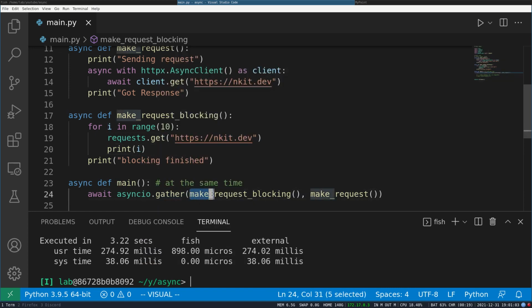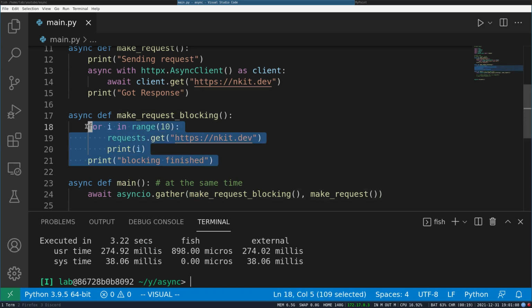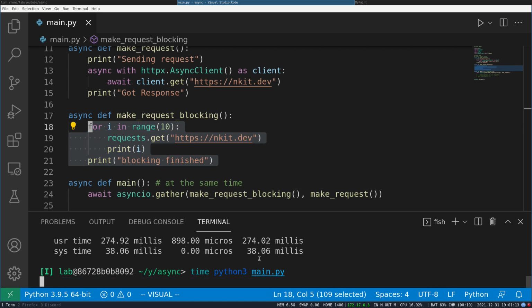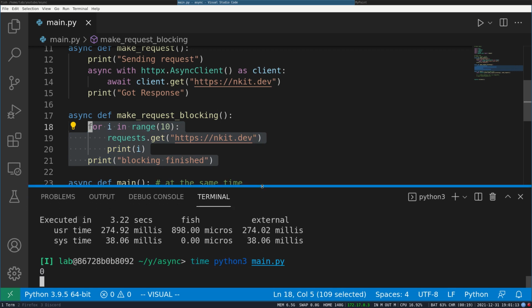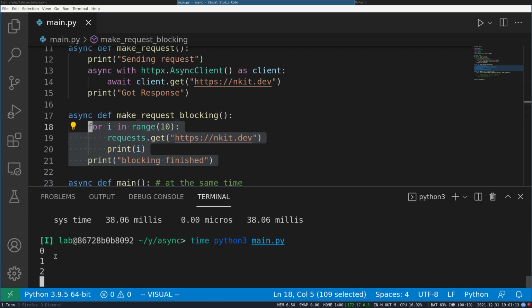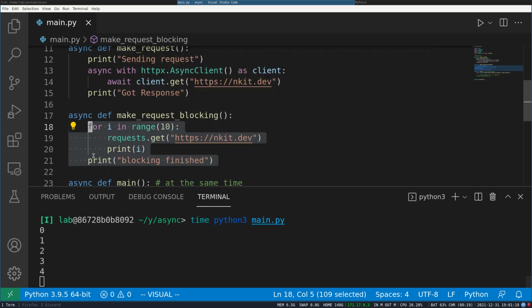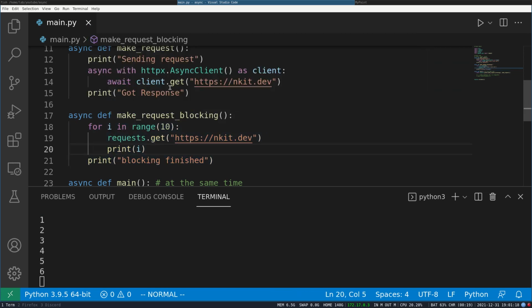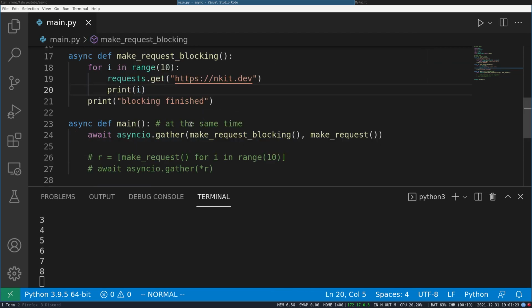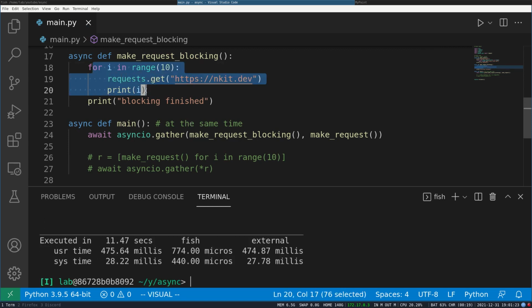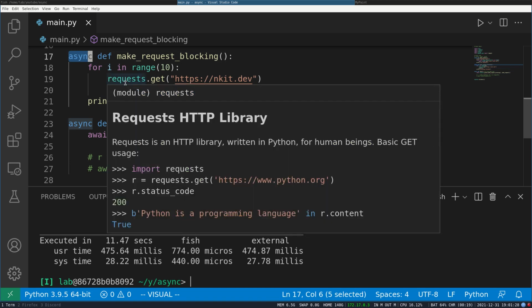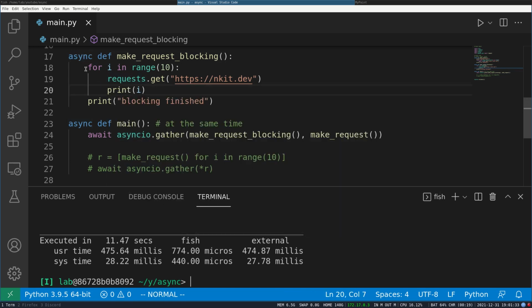Although I have said to execute both of these functions concurrently, Python will have to finish the blocking function first. You can see it is executing 0, 1, 2 in this one, but it is not going to the make request function. The reason is, as there is no await, although this is an async function, the function itself blocks everything. It never frees Python.